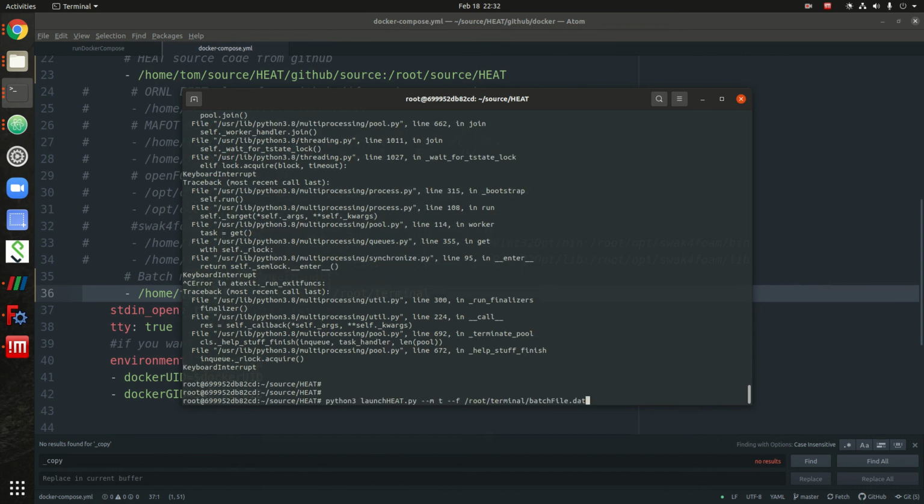So again, the command was python3 launch_heat, mode is terminal, and the batch file location is this. If you've been running heat in the app image, you'll notice a difference: there are 2 dashes for the terminal mode. So that is how you run heat in the Docker container. It's a little more involved than the app image. The only other thing I wanted to mention is